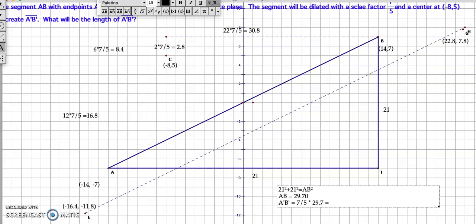And that's going to give you 41.58. So in other words, the nice thing is if you find the length of the original segment and then multiply it times the scale factor, you will get